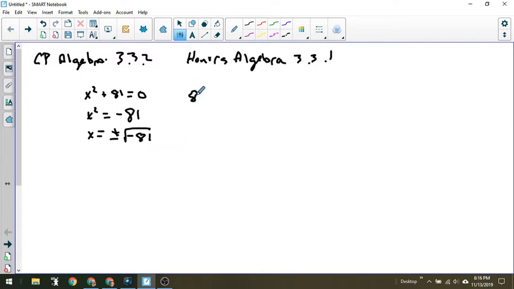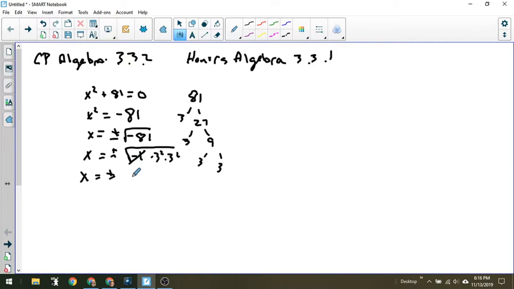I'm going to make my factor tree for 81. When I do that, I get 3 times 27. 27 is 3 times 9. 9 is 3 times 3. So now I'm going to rewrite this as x equal to plus or minus the square root of negative 1 times 3 squared times 3 squared. I'm going to rewrite that as x equal to plus or minus. I'm going to go ahead and take that i out, that i times that negative 1, and then I'm going to rewrite this as 3 times 3. So finally, I'm going to rewrite the solution of this equation as x is equal to plus or minus